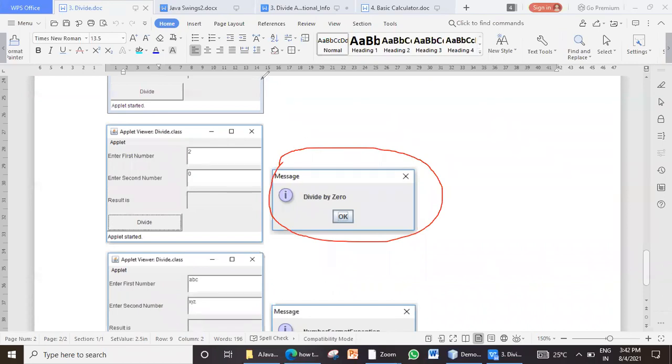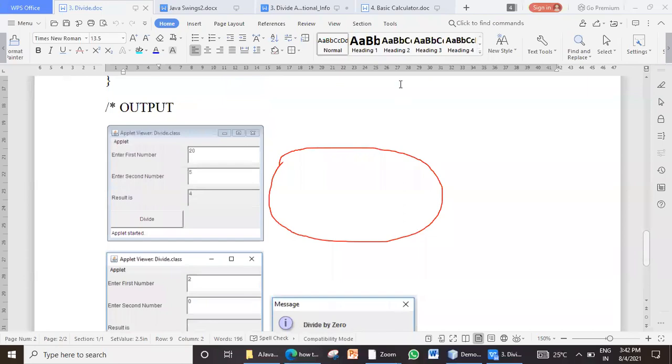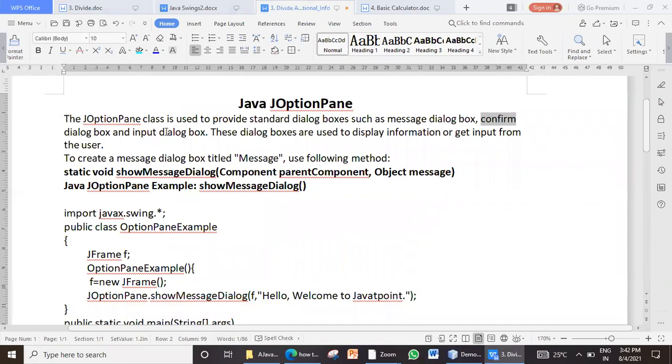Now let me just show you the code. So these message boxes are of different types.